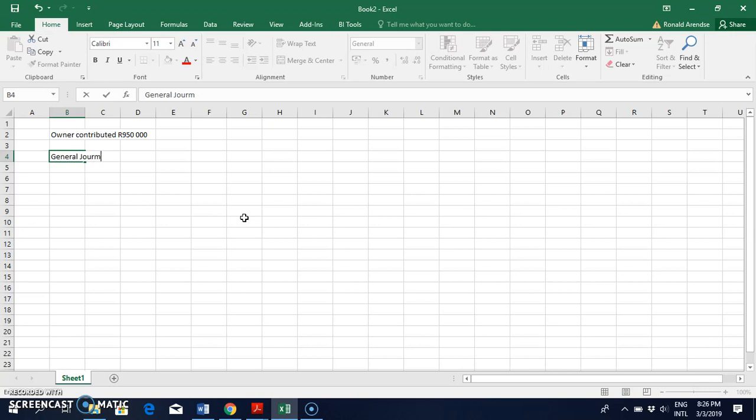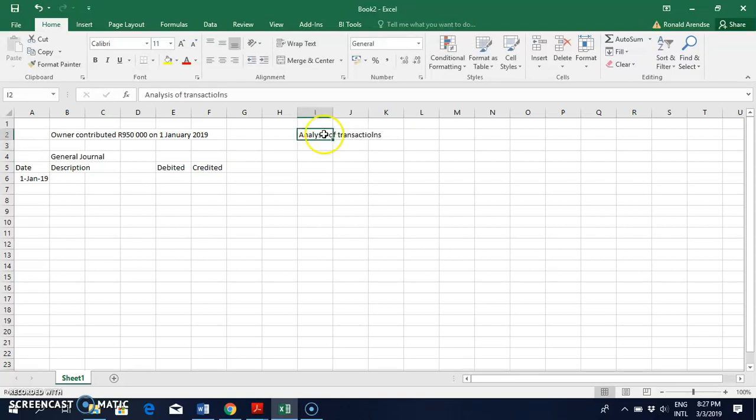Now let's add a date as per the transaction given, on the 1st of January 2019. Right, so the general journal says a date, a description, which account should be debited and which account should be credited. The date is the 1st of January 2019. The description is the same as we followed in the past. Remember, when we did the analysis of transactions,